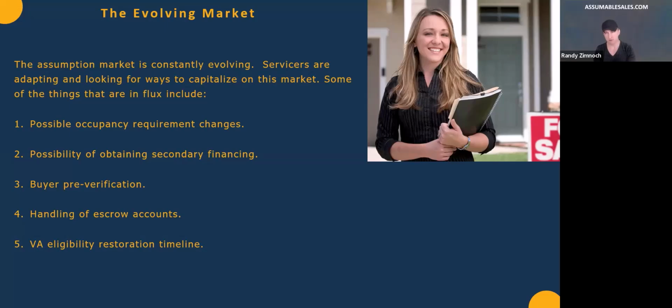I do know that a lot of members in our group are not aware of this issue. But we also speak to a lot of members that are doing both, selling and buying. They want to sell their property with an assumable loan, and they want to buy with an assumable loan in a different state. So we will connect you to the right agents in both. However, you need to also be aware of this challenge.